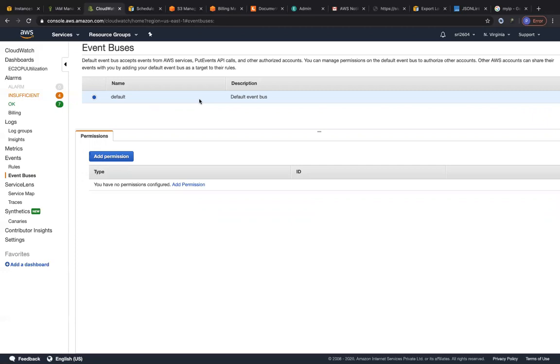Because let's think about tagging resources in multiple AWS accounts using a centralized AWS account, right? So let's say, for example, we have AWS account 1, and then we have AWS account 2, and then we have AWS account 3. And then you have resources being spawned up in all of these accounts. So you want to auto tag all of these resources that are being spawned up in all of these accounts, but you don't want to set up that tagging architecture in individual AWS accounts.